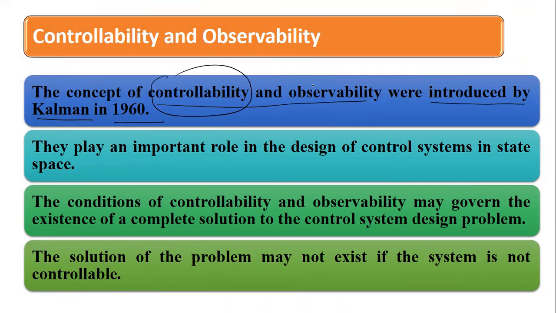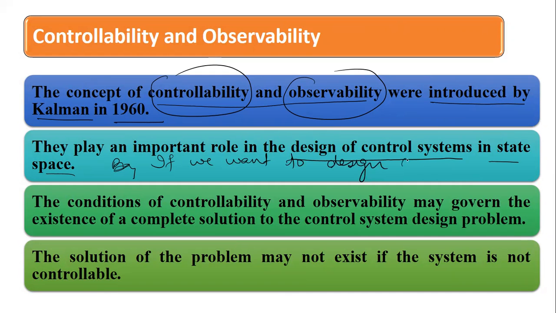Controllability and observability play a very important role in the design of control systems in state space. It means if we want to design a control system